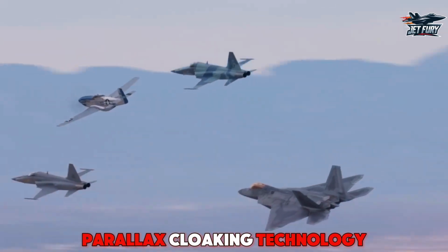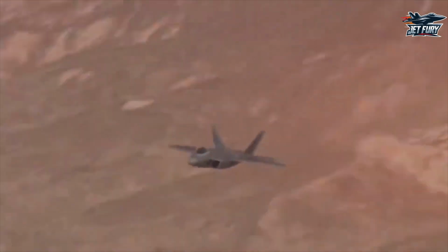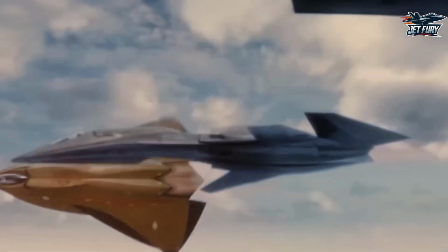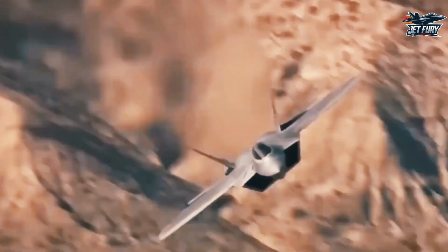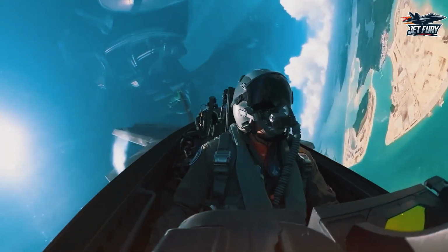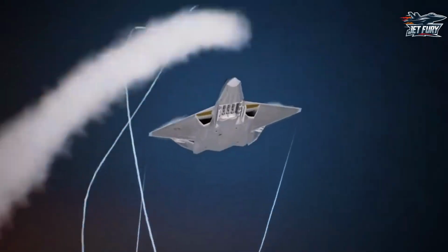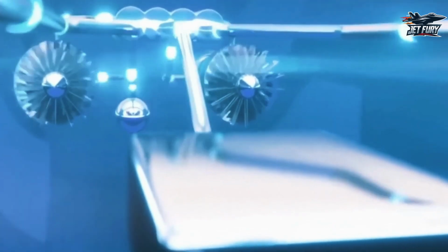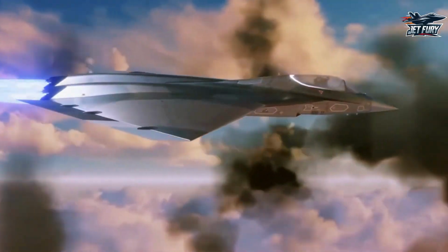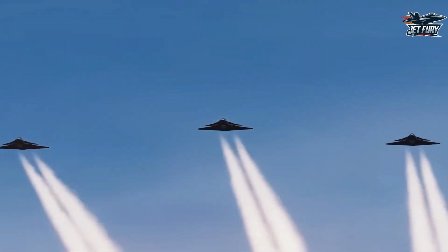Parallax cloaking technology. Beyond radar invisibility. If stealth is the art of evading detection, then the MANTA's parallax cloaking system is the ultimate masterpiece. Designed to make the aircraft not only radar invisible, but also optically elusive, parallax cloaking utilizes a combination of fiber optic projectors and reflective coatings to mirror the aircraft's surroundings in real time. This means that, as the MANTA flies, it projects the sky, clouds, or ground beneath it, making it nearly invisible